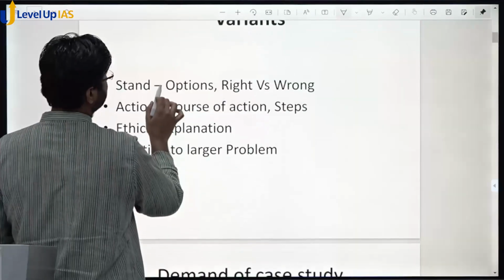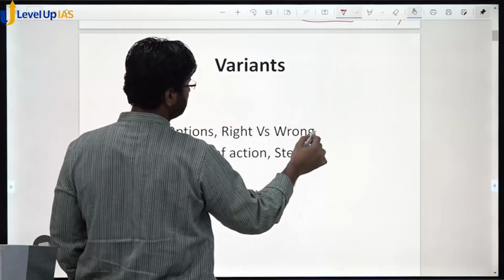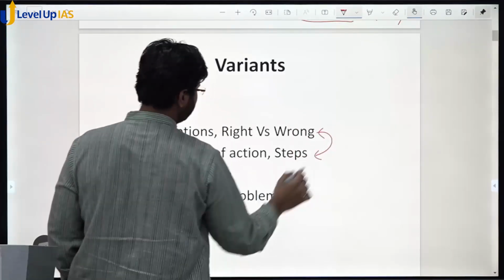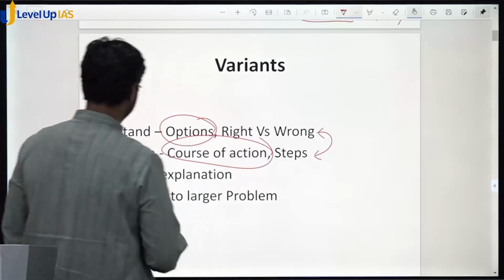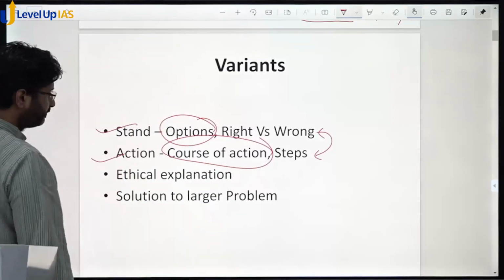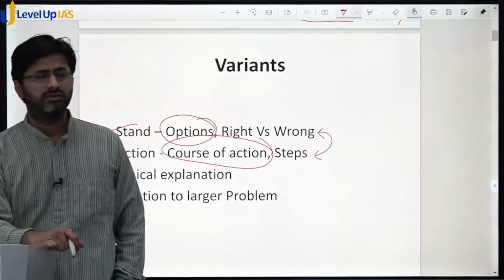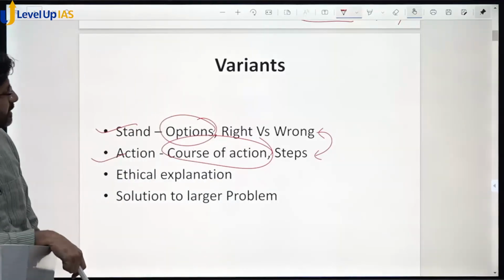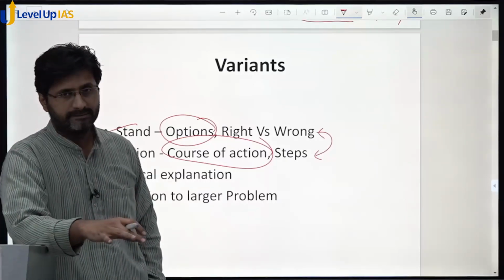So this is exactly what we discussed, variants. Now, as I said, these two are very important variants. We already talked about options and course of action, stand and action. Sometimes there are two more different versions or variants. ये क्या है वेरिएंट, मतलब क्या क्या अलग अलग टाइप की केस स्टडीज वो पूछते हैं,